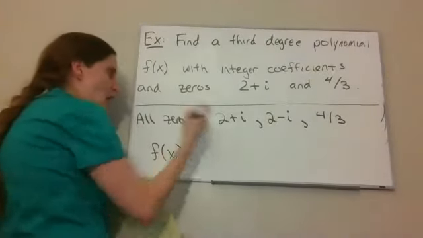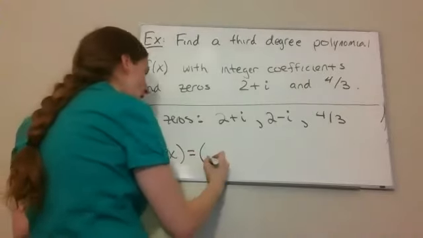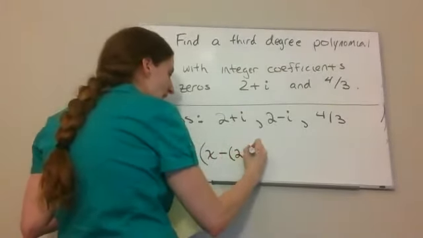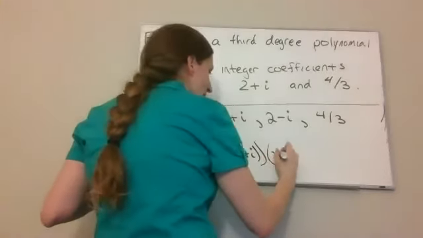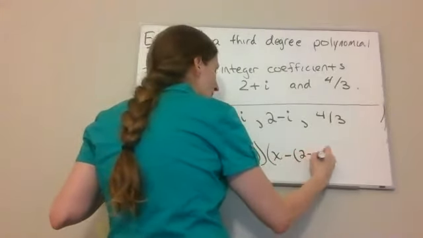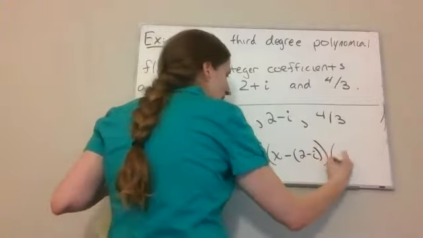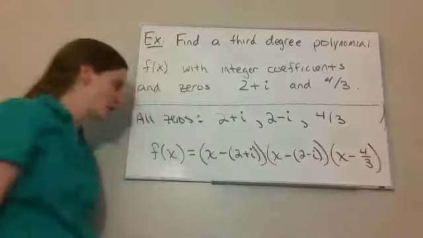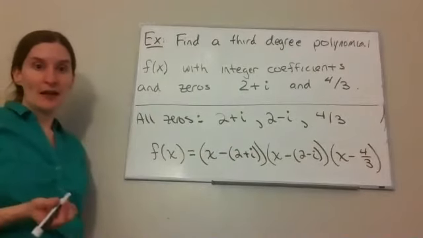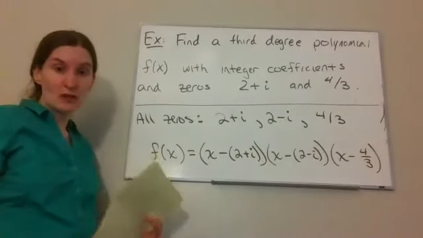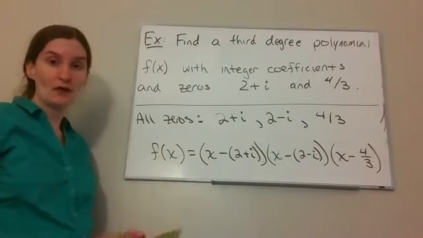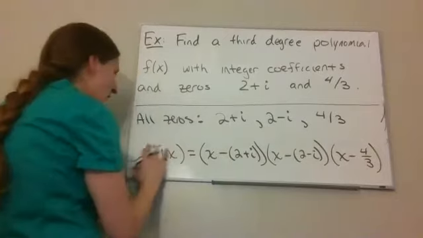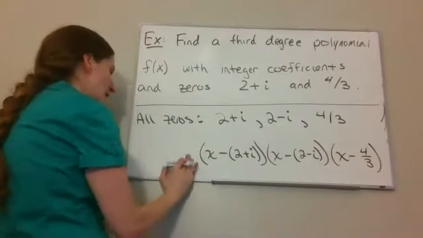I know since all of those are zeros, then I have x minus 2 plus i, x minus 2 minus i, and x minus 4/3 are factors of this. So now I can just do a bunch of distribution to make sure all my coefficients are integers, and I would be finished. Now, I don't even know that this is going to work yet, so what we should do